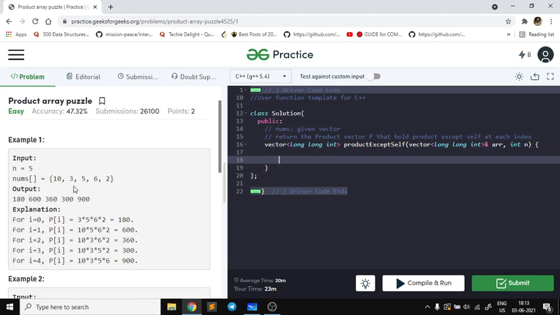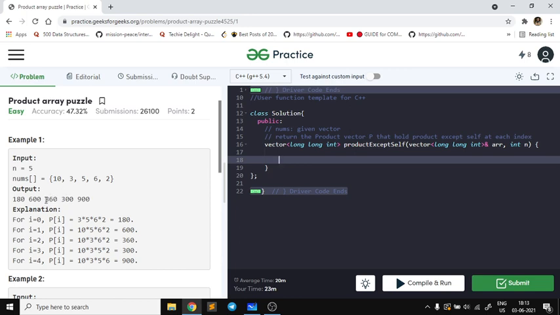So here, as you can see, if I move to index number 2, talking about zero based indexing, that is 0, 1 and 2, this 5 is at index 2. For the second index, the answer is 10 into 3, that is 30, and 6 into 2, that is 12. So 30 into 12 gives us 360, correct? So that's how the answer is coming.